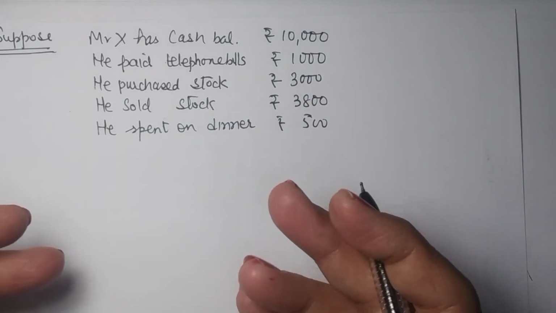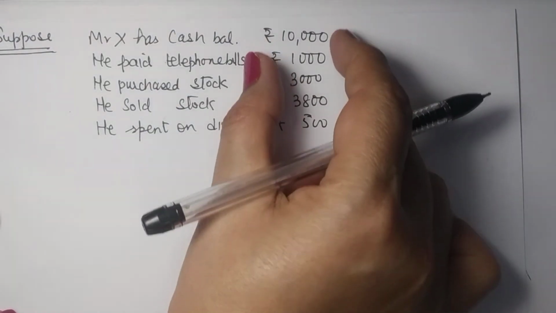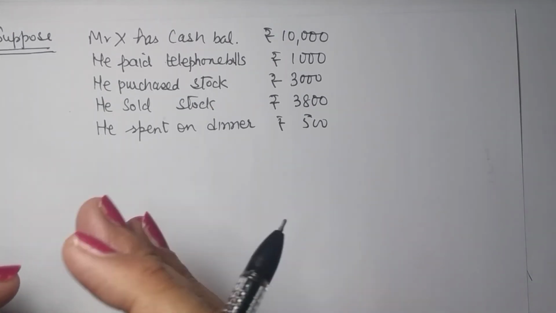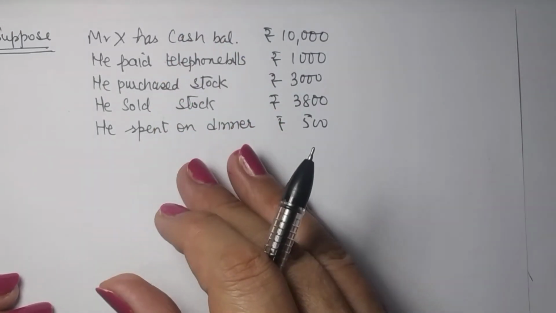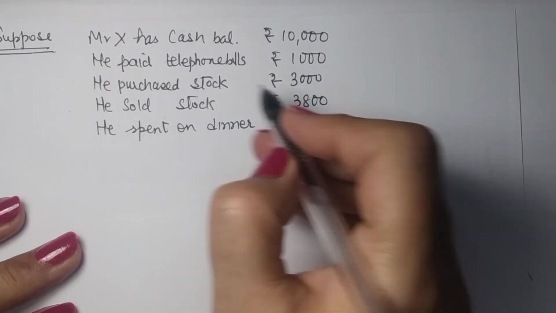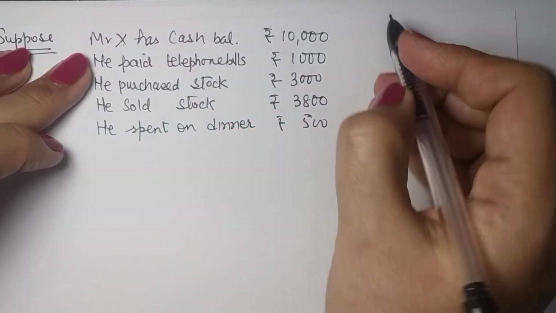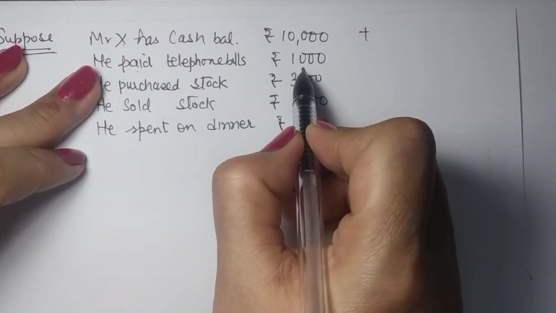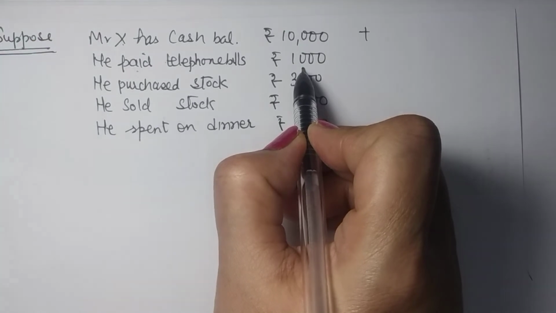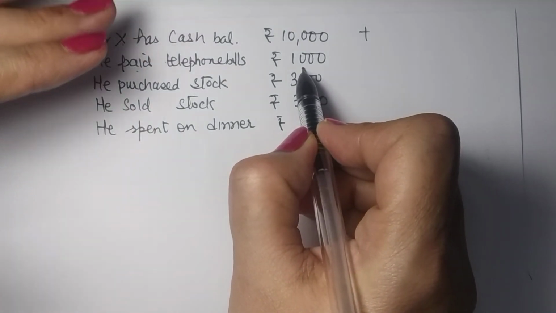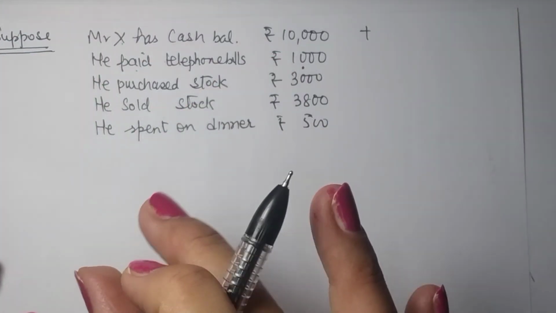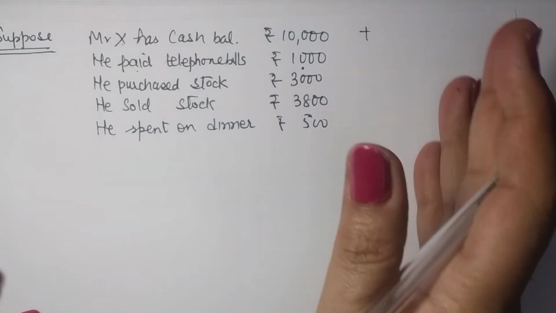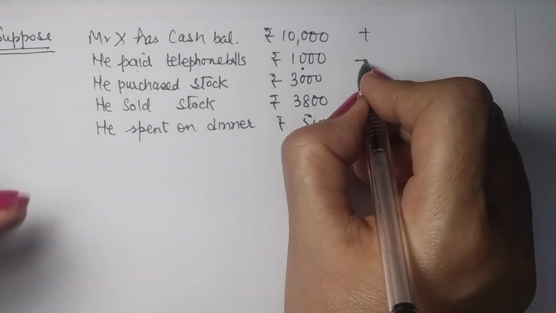Now what is the effect? An account is not only to show the amount but also the direction. So what is the direction? Is it increasing the balance? Is it reducing the balance? How will we do this? Let us just see. This is your balance, so this is there with you, right? You paid telephone bills. Now when you pay something, it means you pay it in cash, so your cash is reducing. Your balance is now going to be lesser because you paid it. It moved out of business. So a negative will be assigned here.